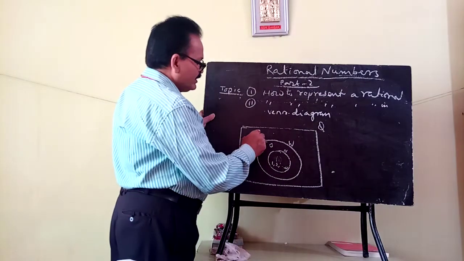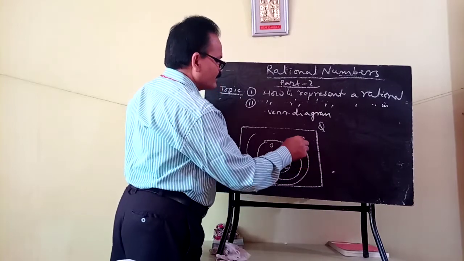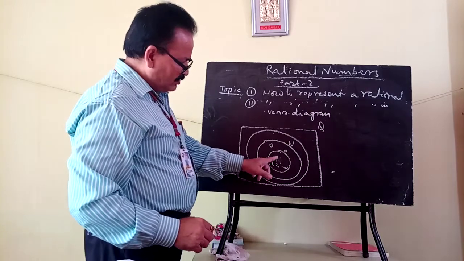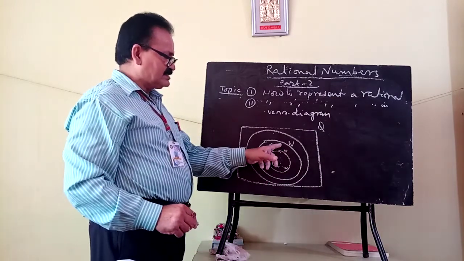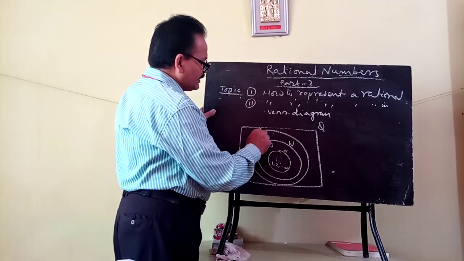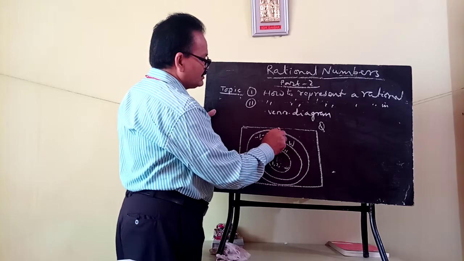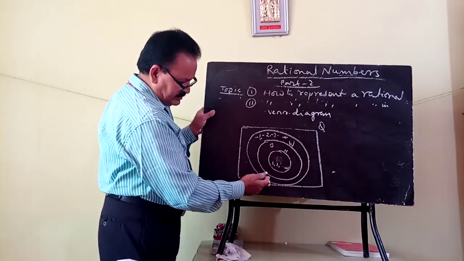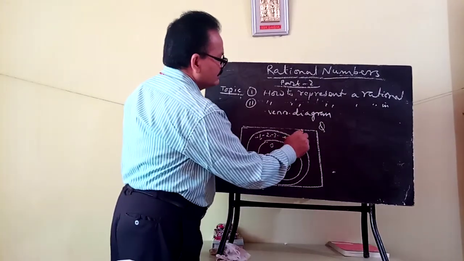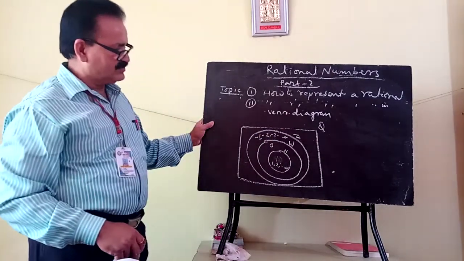Now another number is your integer. All natural numbers, all whole numbers are integers also, but here negatives of natural numbers will be there, -1, -2, -3, dot dot dot up to infinity. That will lie in this space. So natural number, whole number, integer all belong to rational number Q.